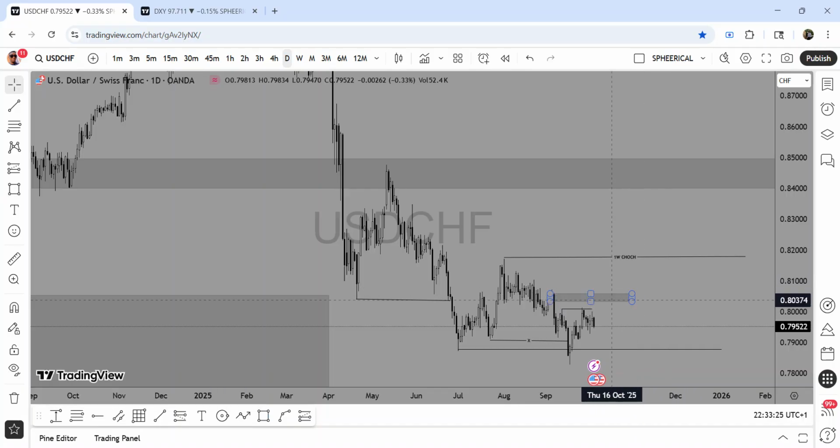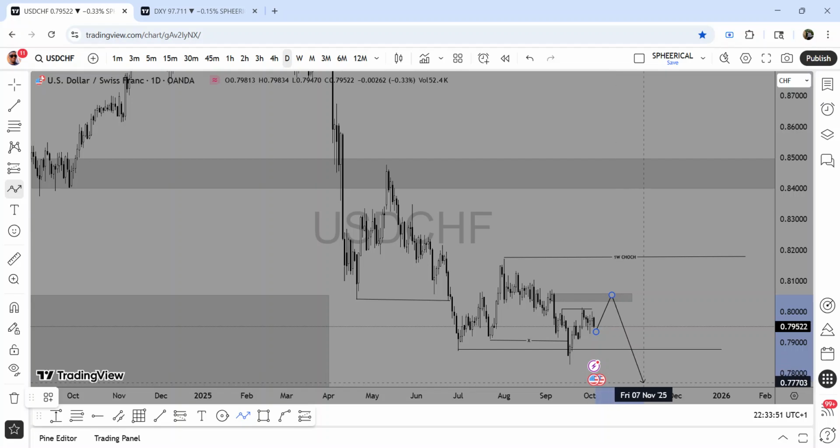It broke structure here and the market has never tested on it. So we are hoping for the market to test on it and continue selling, moving like this up to here and continuing its downward